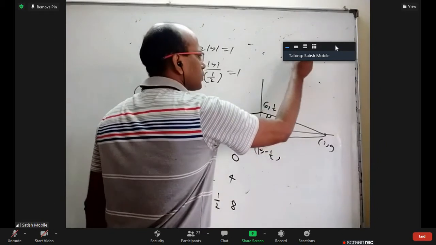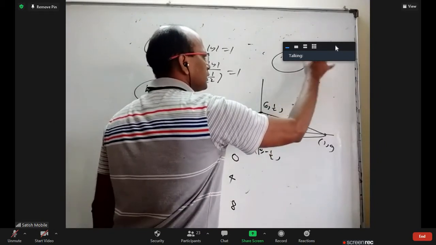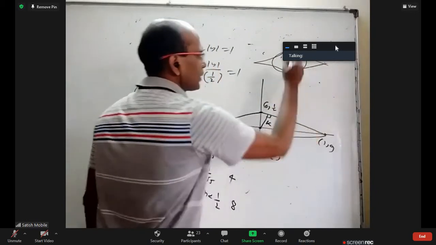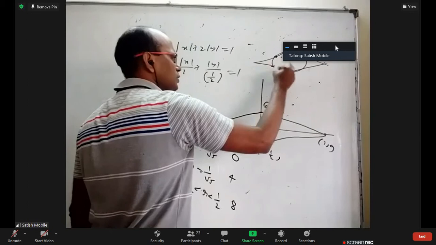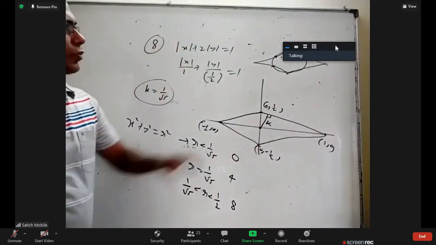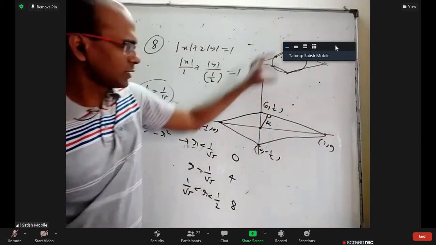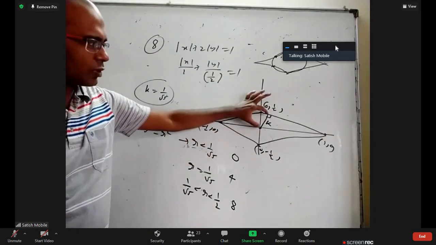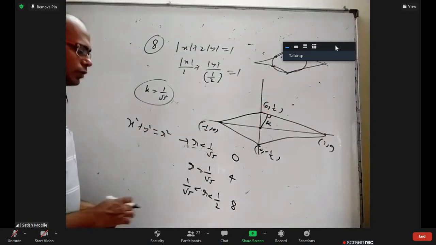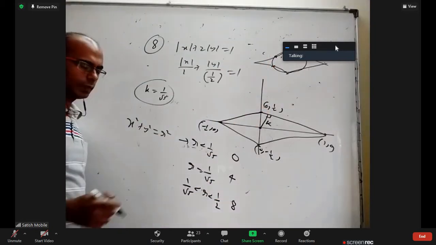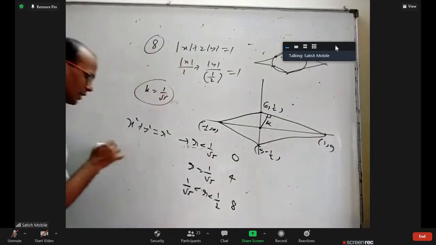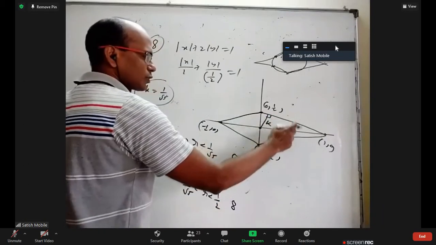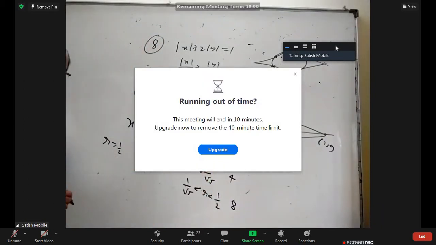If I draw the rhombus properly, it will be like this. 2 solutions here, 2 here, 2 here, 2 here, provided your radius is still less than this height. That's why this 1 by 2 is important. Your radius is less than 1 by 2, but more than this minimum radius, and we'll have 8 solutions like that. When radius is exactly 1 by 2, we'll be passing through these 2 points and intersect 2 more here, 2 more here. We'll have 6 points of intersection.